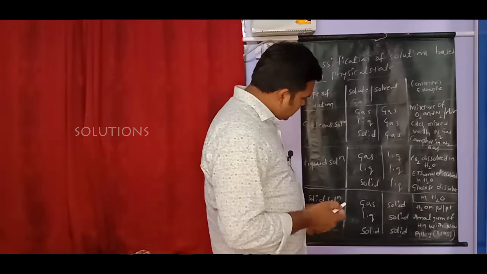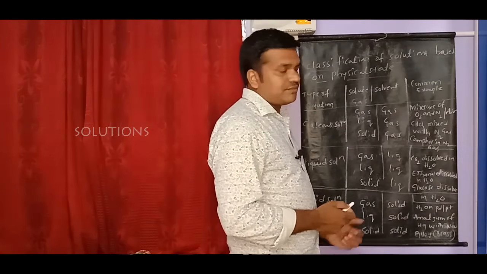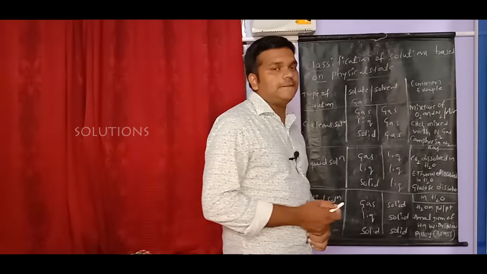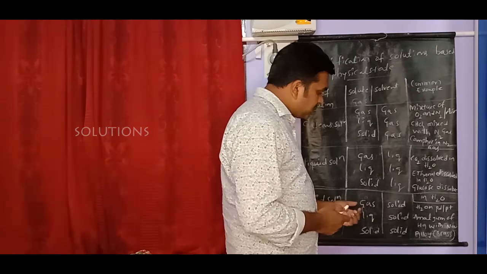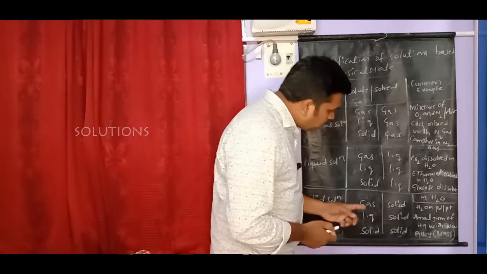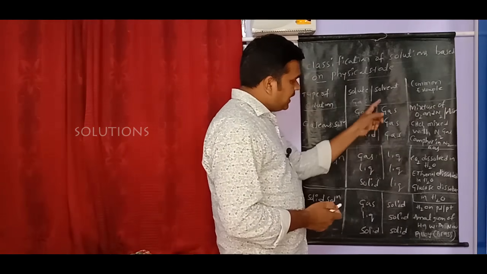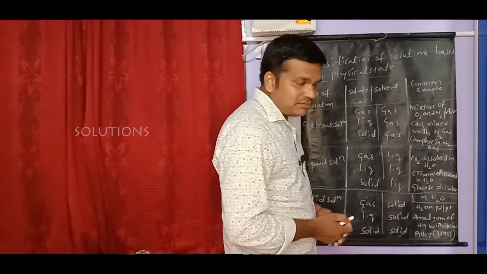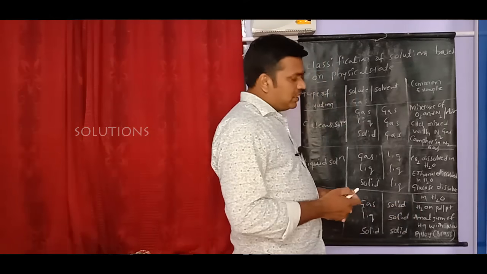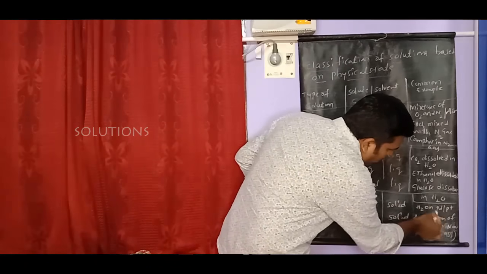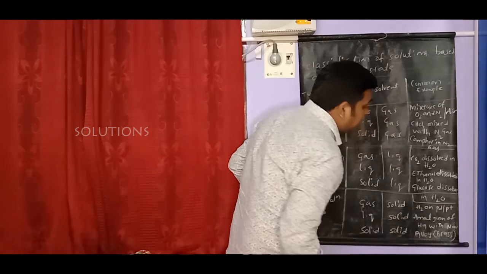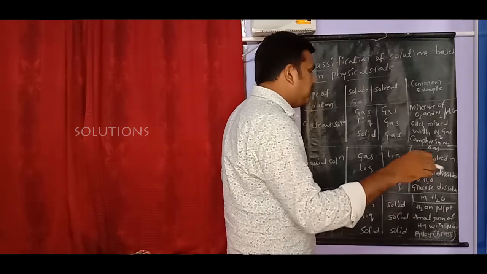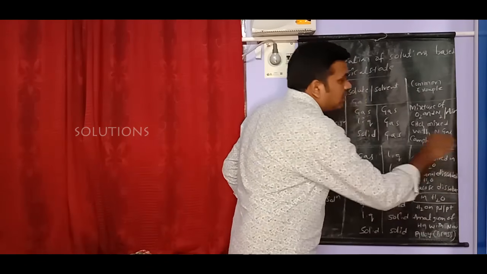Come to the next classification, we have solid solutions. In these solid solutions, what is the solvent? Solvent is solid only. And the solute can be gas, liquid and solid. Come to the first example here, if the solute is a gas and the solvent is a solid, what is the example I wrote here? H2 on palladium or platinum. H2 means gas only. That H2 gas can be absorbed on the metal surface. What is the metal here? The metal is palladium. Or you can take platinum also, or you can take nickel also. On that metal, the H2 gas can be absorbed on the surface.